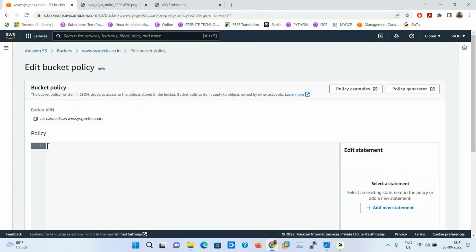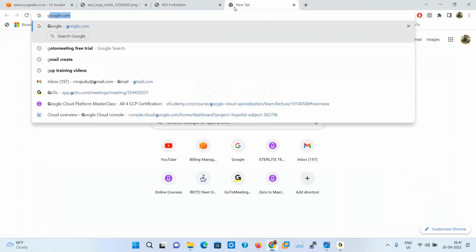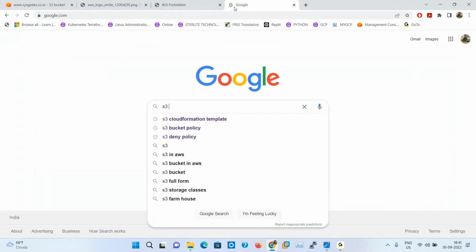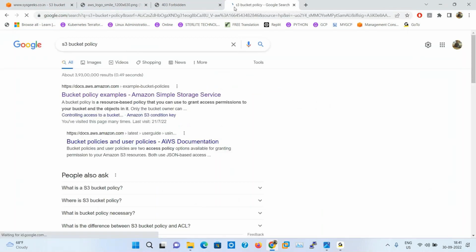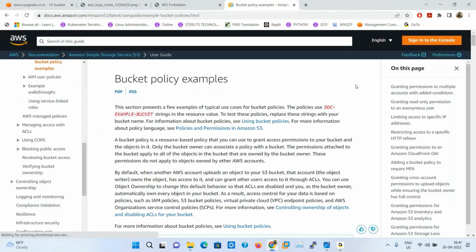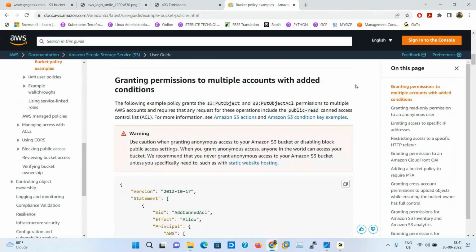So how to add a bucket policy? Go to Google, S3 bucket policy, then the sample examples of bucket policies. So this is the option.